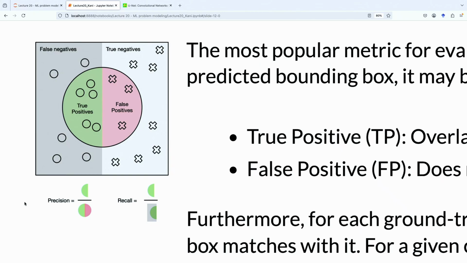Okay? So you have these two sometimes competing measures of accuracy. If you have a ground truth, how likely are you to retrieve that ground truth? Or if you retrieve something, how likely is it to be a ground truth? These are two very different ideas, right? So this is just sort of a visual representation of these ideas.